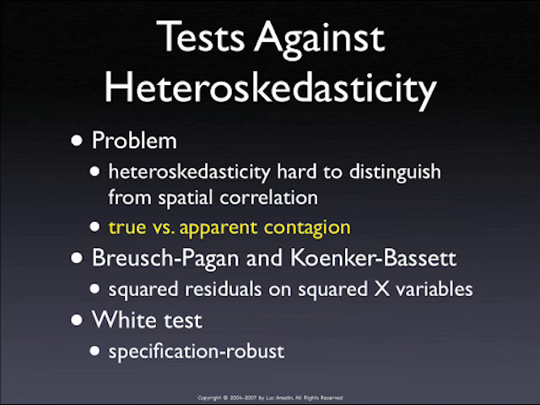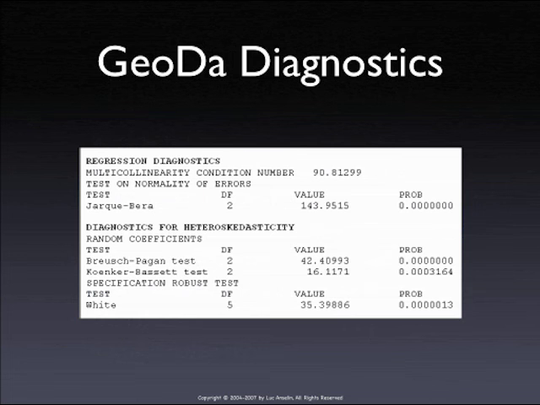And then the White test, which you probably all know, is a specification robust test, in that it does not assume a specific form for the heteroskedasticity. It's basically a catch-all test against a wide range of different forms. Not all, but a very wide range. So we have these in there, and what you typically see in GeoDa is this kind of a diagnostic, where we start with the